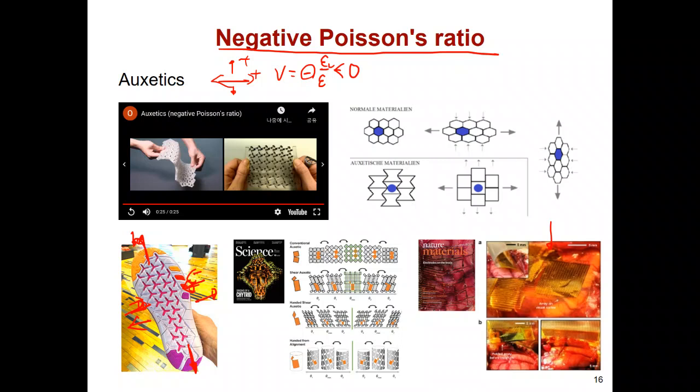However, one problem is that the inside of our body has very complex curvatures. For that reason, we cannot perfectly attach flexible devices to the inside of our body. To overcome this problem, we use auxetic material or very complex material. The key concept is that they show different mechanical behavior, exactly negative Poisson material.